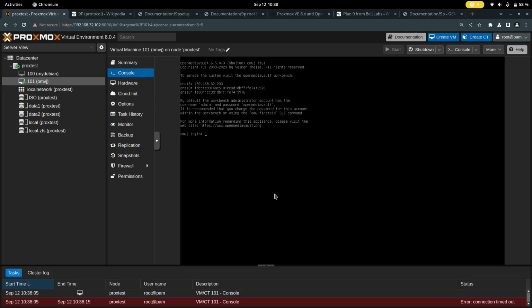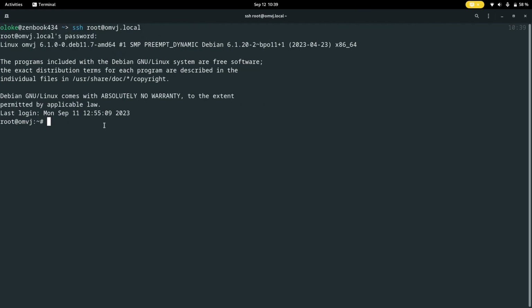Okay, so the virtual machine is running, but the text is so small. Let me just SSH into it and I will show everything you need to do. So as you can see, this is OpenMediaVault, but it's actually Debian underneath. So we can edit nano /etc/fstab,